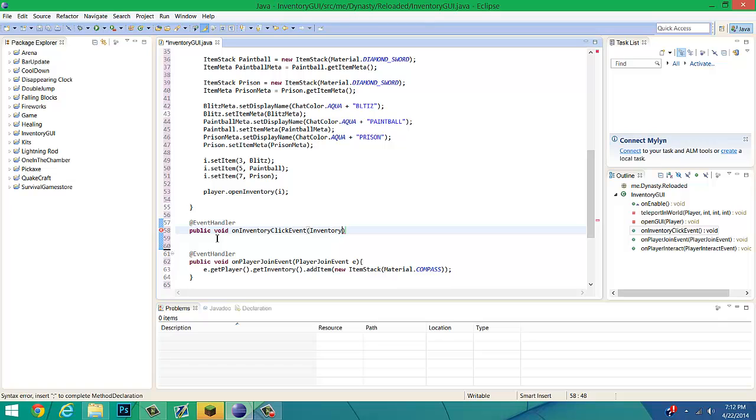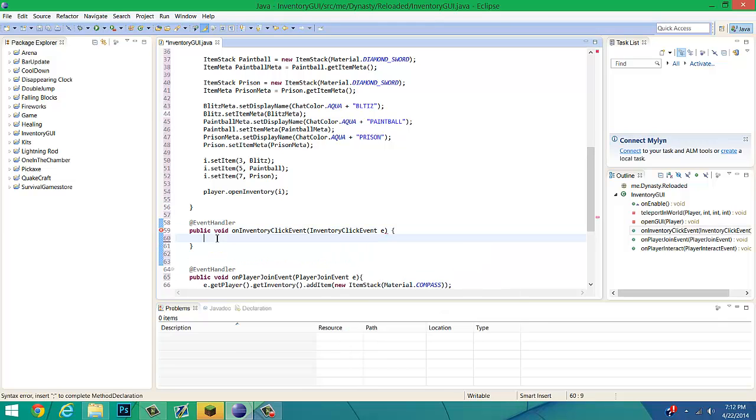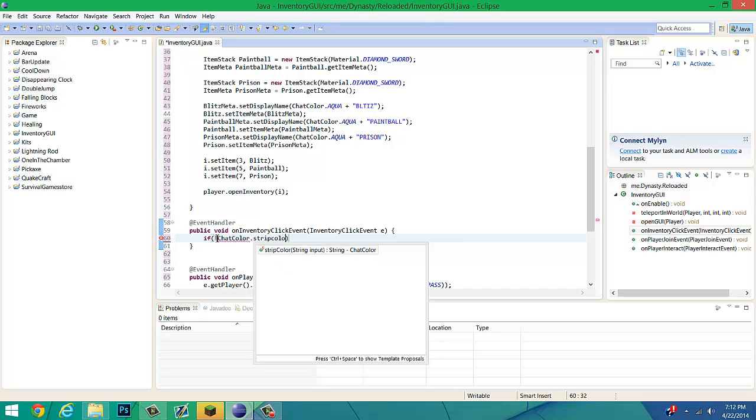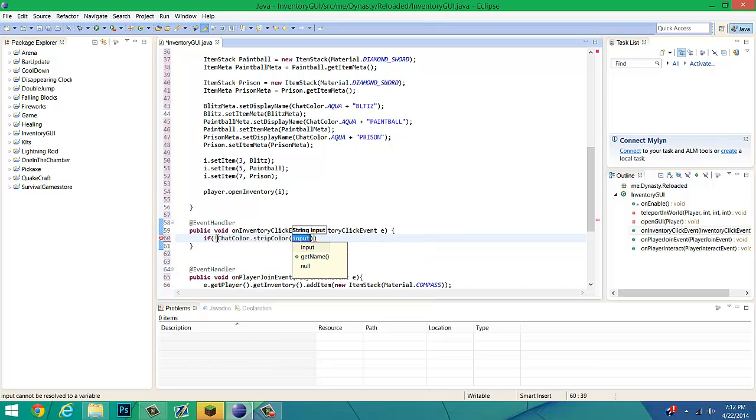Rename or put inventory click event. Rename that to E, and we can open that up. And we're going to start by saying if chat color dot strip color, and for the strip color we're going to do e dot get inventory dot get name,